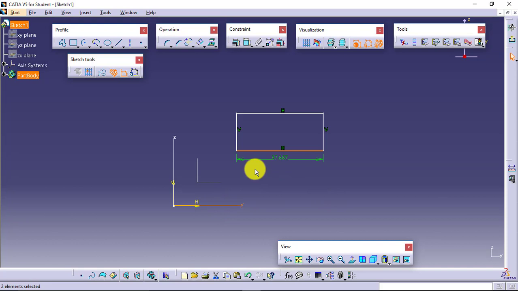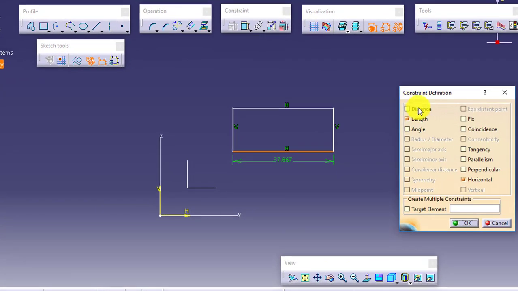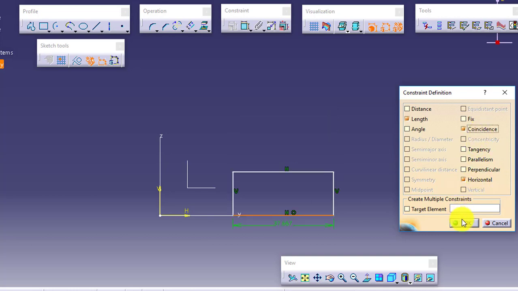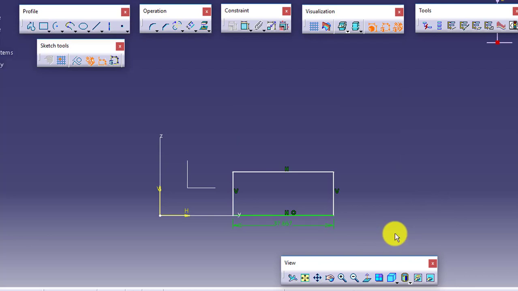Similarly, if multiple objects are selected, like I had selected these two objects. Now between these two, how many constraints can I apply? I will check it over here. Distance, you can give the distance between these two. You can give the angle between these two. Length we had already given. Fix, we will never do it. Coincidence we can do. Tangency I can give. Parallelism, perpendicularity, horizontal is already given. I want to go for coincidence. Select it and say OK. Done. This is another way of applying constraints. You can apply both types of constraints using both the options.